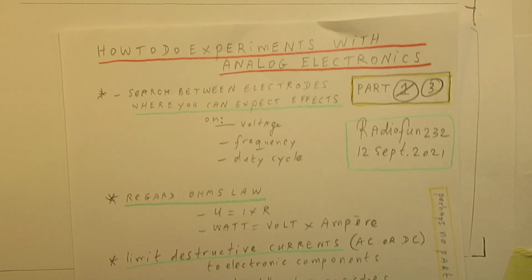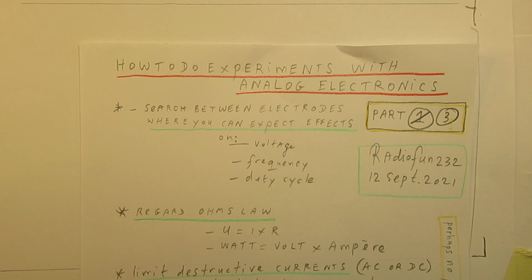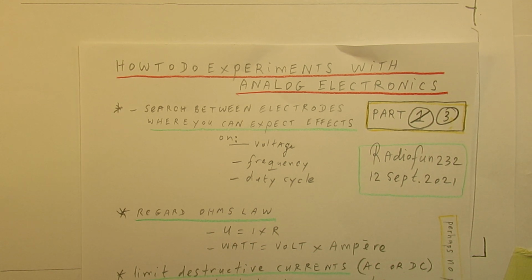Again, how to do experiments with analog electronics is now part 3. The earlier video was part 2. I did not indicate that, but anyway,